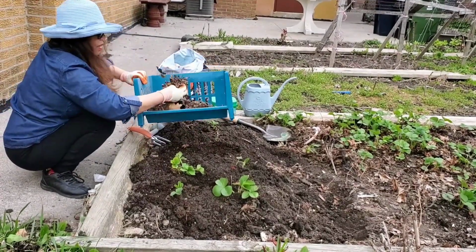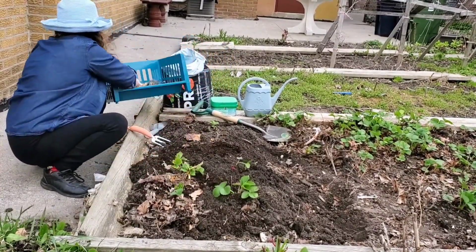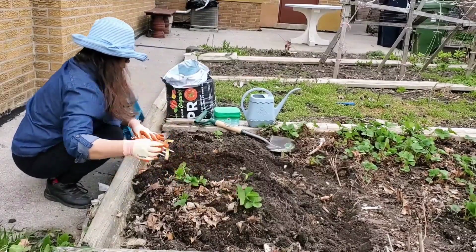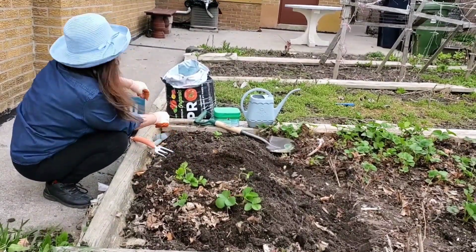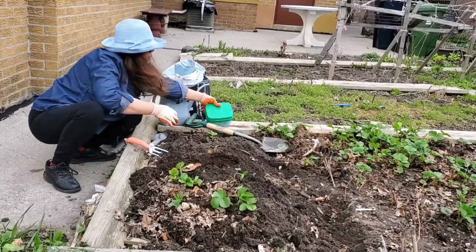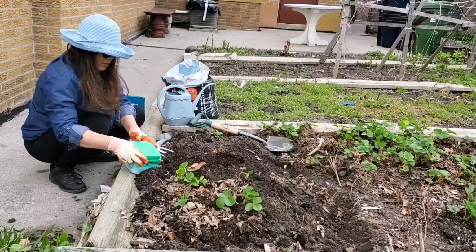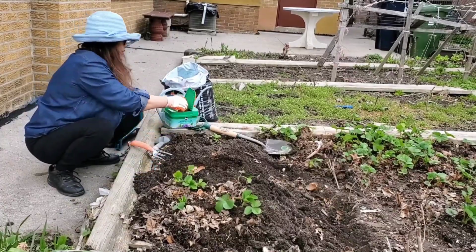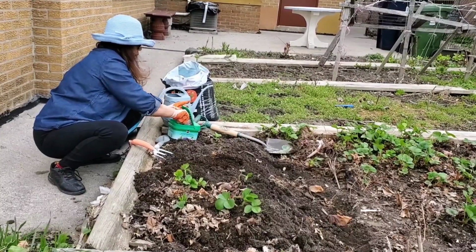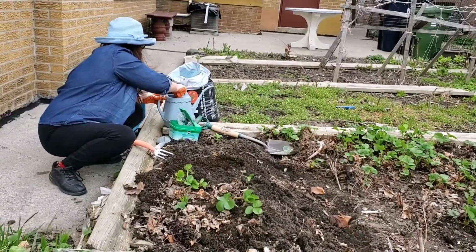Let's put some mulch. I'll be using my dried leaves. The mulch will make the moisture lock inside the soil. And these strawberries want acidic soil. So in the water, I'm gonna add a little bit of fertilizer that has more acid in it. The brand is Miracle Grow. Miracle Grow has a lot of different kinds of fertilizer here in Canada. So just a little bit, a few drops in the water. Stir a little bit and then